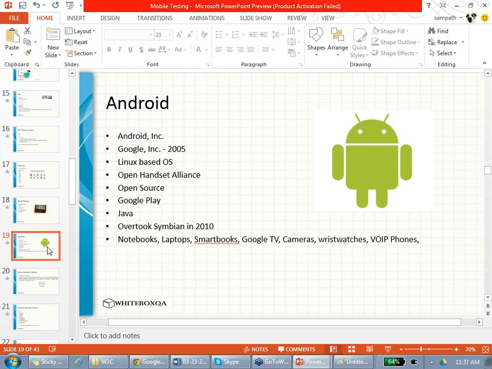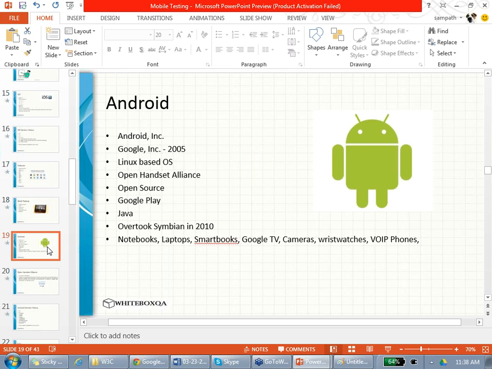It is a Linux based operating system, so it is still Unix. Agreed? The kernel is Linux. It is open source, meaning you can take Android, customize it and load it onto your phone. You can load it into notebooks, laptops, smartphones, smart books, tablets, TVs.